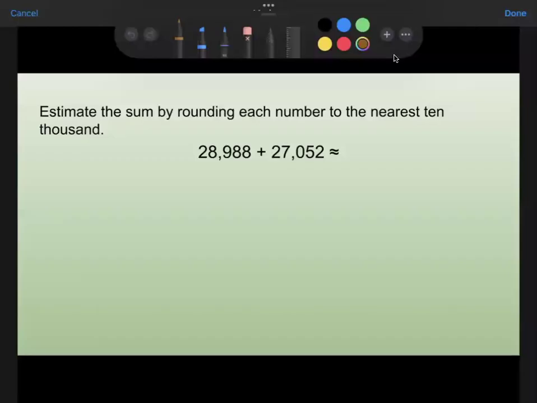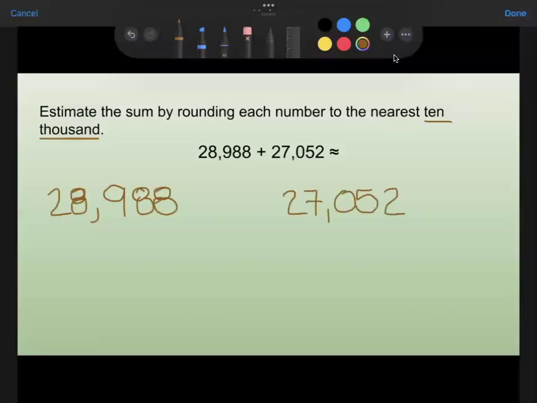Okay, here is our last example for today. We're going to estimate the sum by rounding each number to the nearest 10,000. So we're going for the 10,000s place again. So I'm going to rewrite 28,988 over here plus 27,052 over here. I'm going to find the 10,000s place for both. So that would be the 2 and the 2. If I look right next to it, 8 is definitely 5 or more. So this moves up to a 3, and the rest becomes 0. So this rounds to 30,000